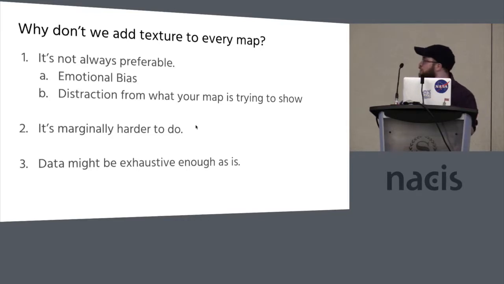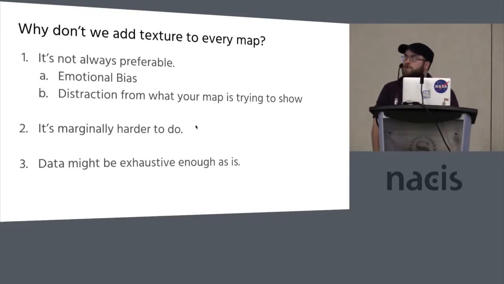So why don't we add this to every map? Well, it's not always preferable because that sort of emotional bias isn't really useful in a lot of situations. I can't imagine an election map looking any better with a concrete texture on it for some reason. And that could also be a distraction when you're actually trying to show something. It's also marginally harder to do, and the data might be exhaustive enough as is, which is to say satellite imagery, for example, or really dense data is sometimes complicated enough that it gives a